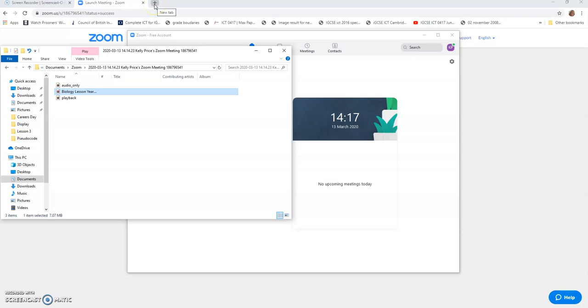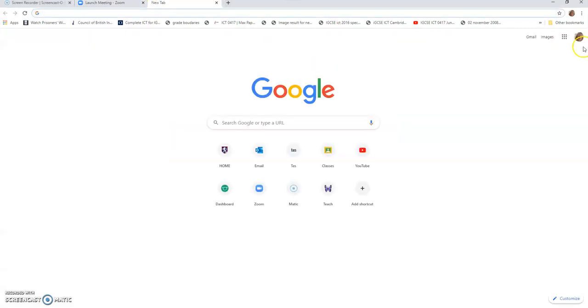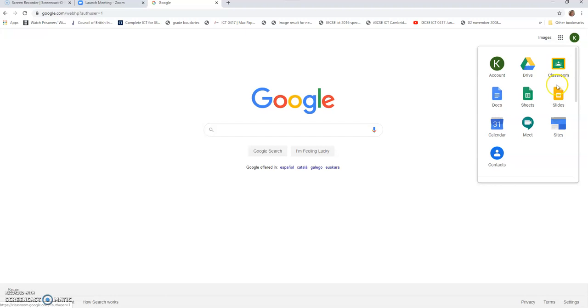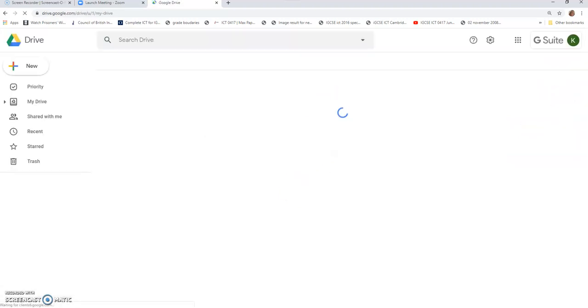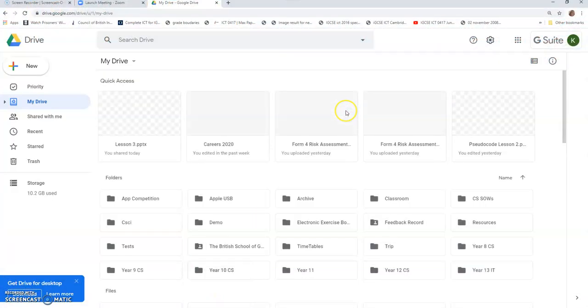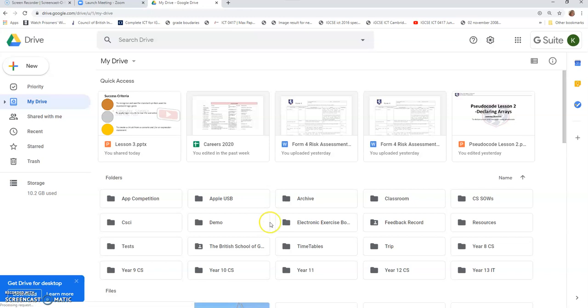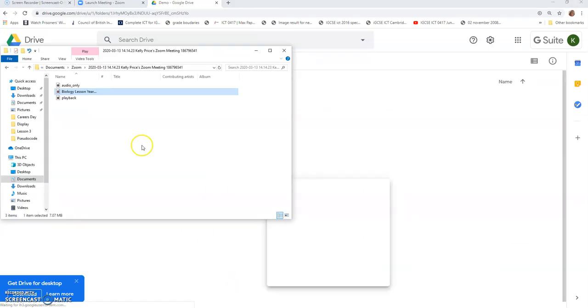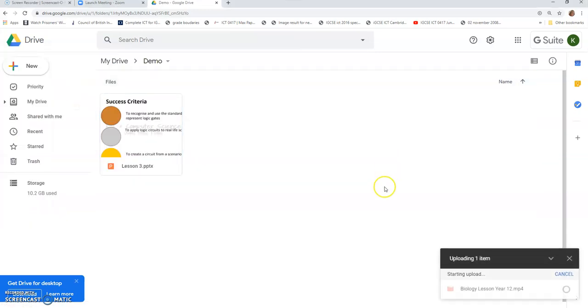So, now what I would advise is popping that into your, so I'm going to change over here to my work account, and I'm going to put that straight onto my drive. Okay, so my drive, I'm going to make a folder. Oh, I made a demo. I'm just going to put it in demo folder. Okay, so it's going to go in my demo folder. So drag and drop that in there, and then it will upload